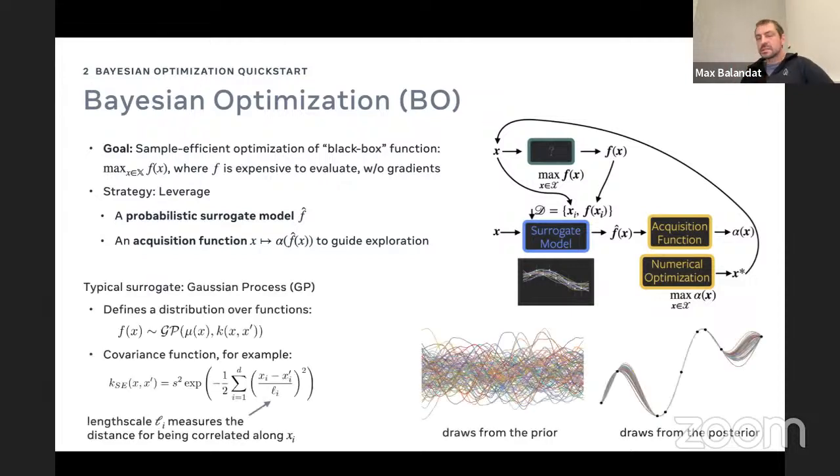I don't think I need to spend too much time on this. A typical model that's used in this space is a Gaussian process, which defines a distribution over functions. You have a mean function mu and a kernel function or covariance function k characterizing that GP. What's nice about GPs is that they're kind of non-parametric regressors, and they have well-calibrated uncertainty estimates. You can use other kinds of surrogate models as well, but this is sort of the classic approach, and we'll use this as well in the concrete work.